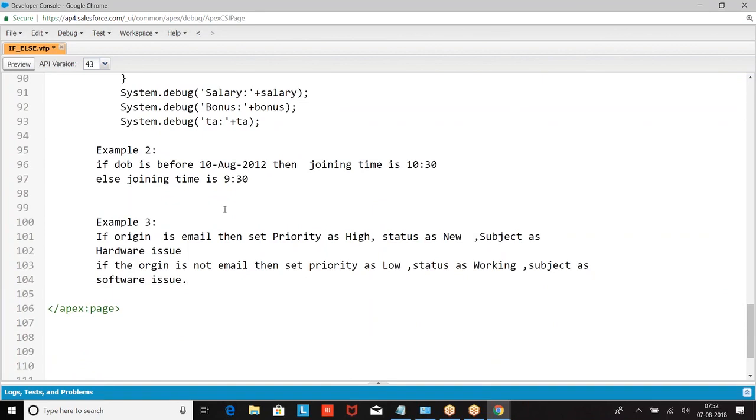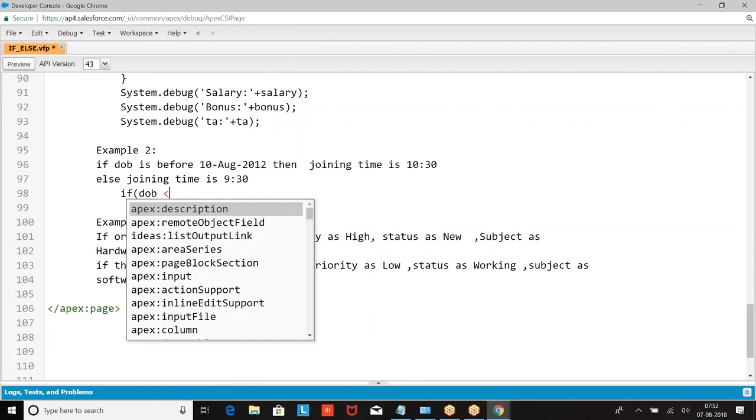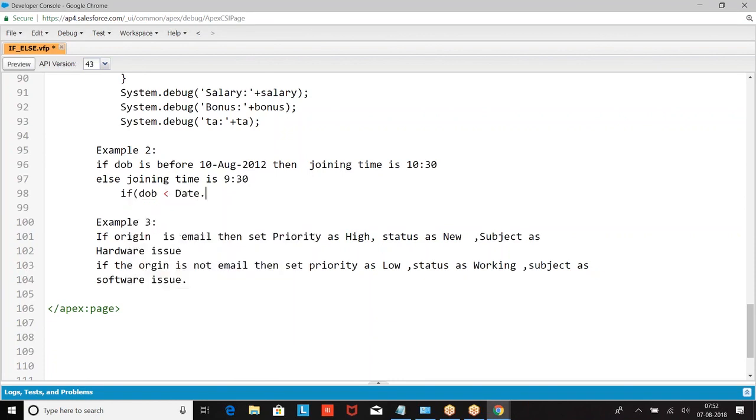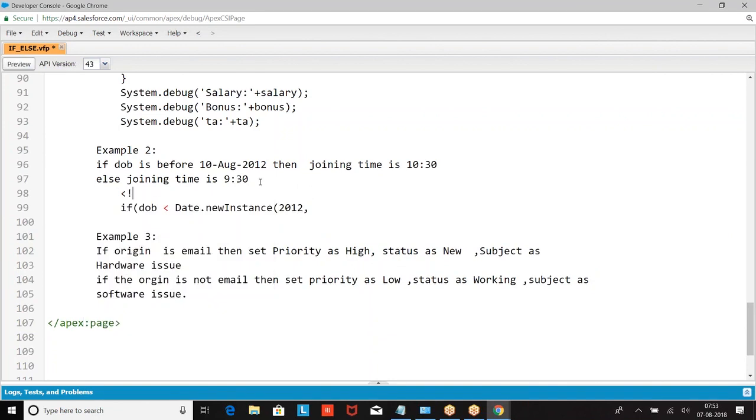First one, how do you define it? If date of birth is before, that means less than, Date.new instance of 2012, August, which is 8, then 10th.